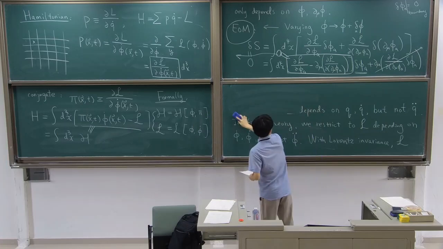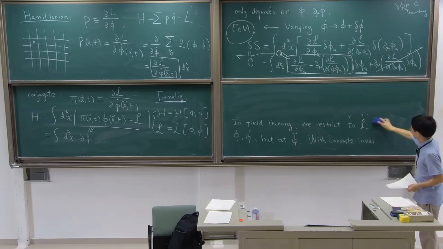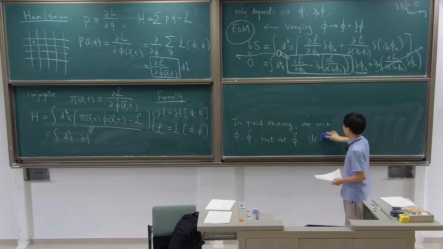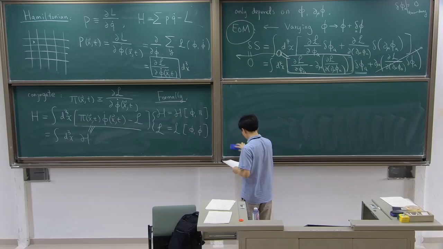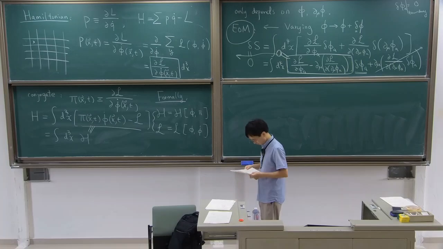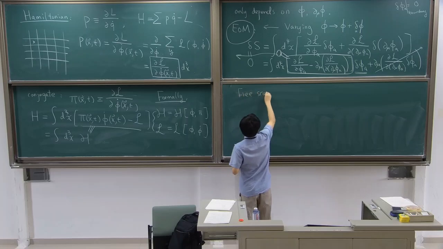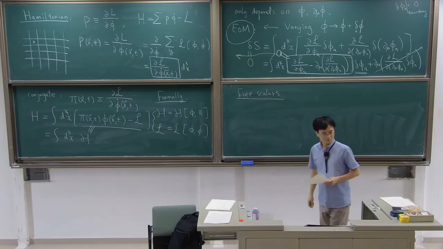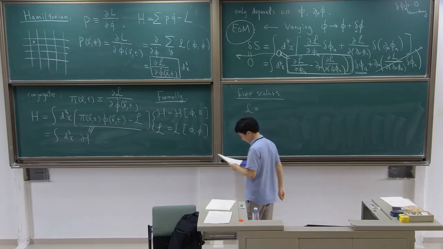So let's take one example, which is the simplest field theory, the scalar field. The simplest one is the free scalar. For the free scalar, the Lagrangian is given by